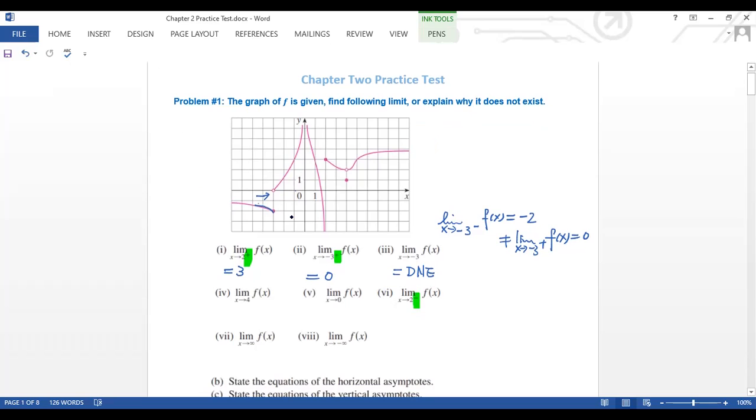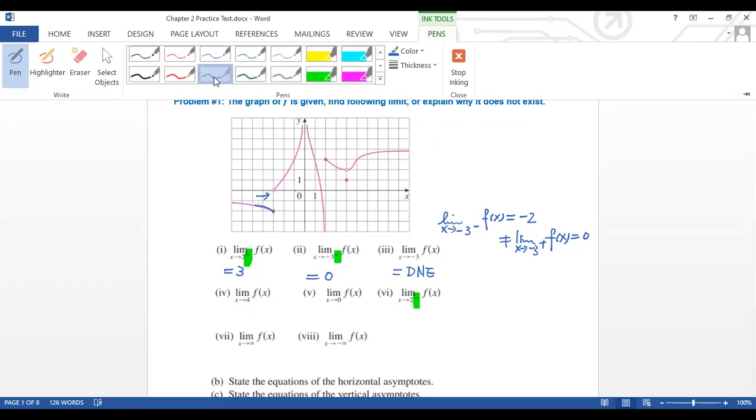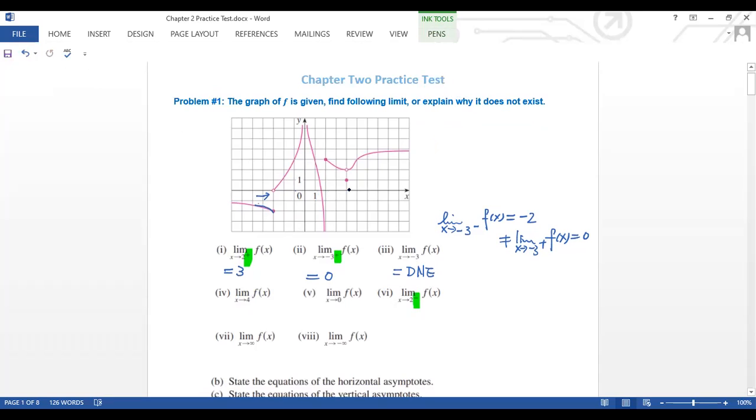Okay, let's take a look. x equal to 4. So when x approaches 4, let's take a look here. This is 1, 2, 3, 4. So here, this is where I'm going to. Okay, now the same thing here. I'm taking a look at x approaching 4 from the right-hand side. So when x approaches 4 from the right-hand side, that means you're approaching this way, right? If you follow the graph, you see from here, where you're approaching is 2,